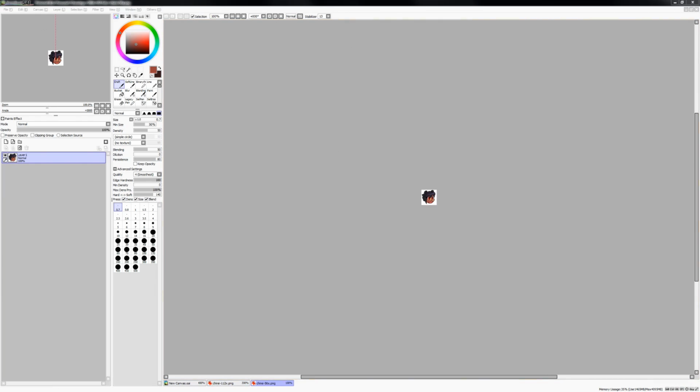Twitch asks for several different sizes of these things. It asks for 112 pixel, which I don't know where it uses that. It asks for a 56 pixel, which I don't know where it uses that either. And then lastly, it asks for a 28 pixel size image, which is really, really tiny. You guys probably can't even see this on your screen. This is native resolution. I don't need to zoom in. This is native to me. And even to you guys, at 200%, twice as big as it should be, that's what it looks like. It's absolutely ridiculous. As you can probably imagine, it's almost impossible to tell what it is that you're looking at.